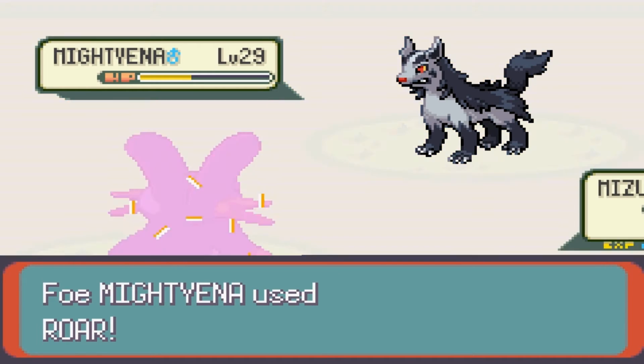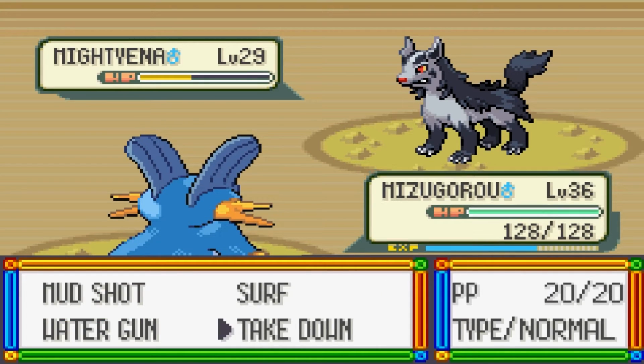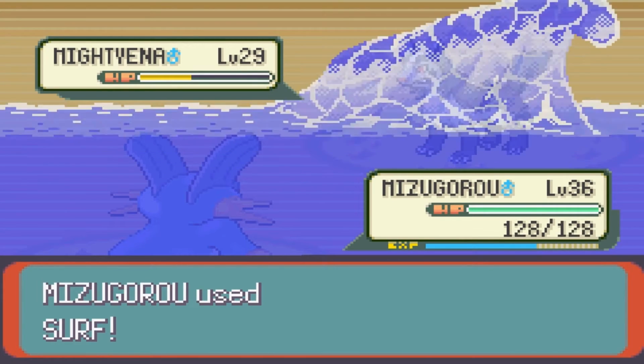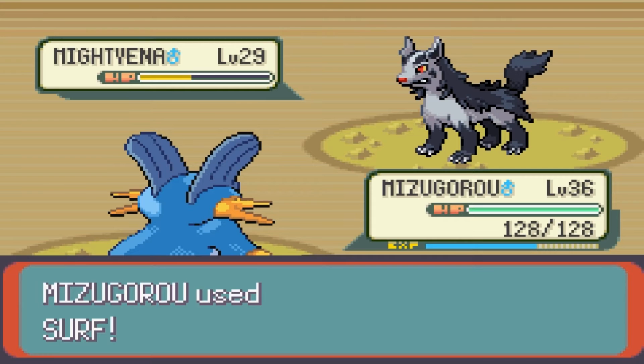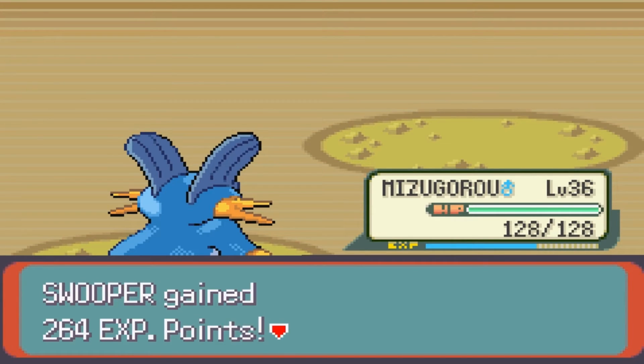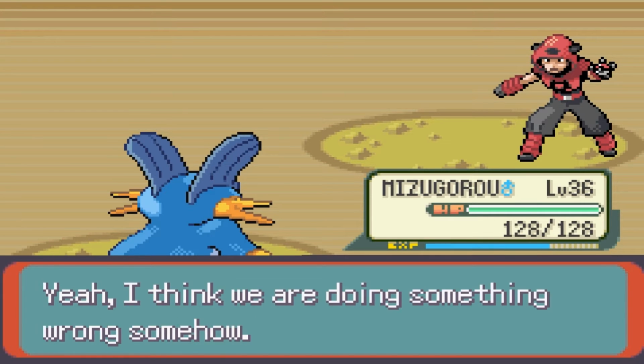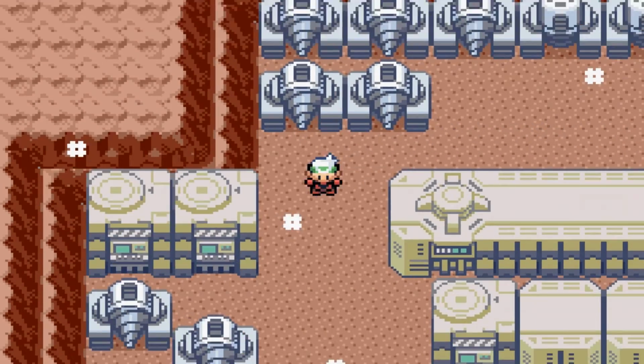Okay. You're making this worse for you, mate. You're just bringing out more, like, stronger Pokemon with each time you use Roar. Stop. Quit while you're ahead. It's not worth it. Yep, everyone's getting absolutely nothing in terms of experience. You, sir, are not a smart man. You are